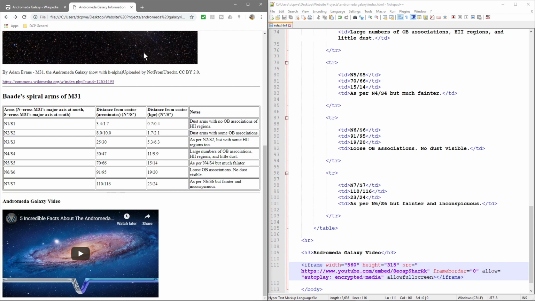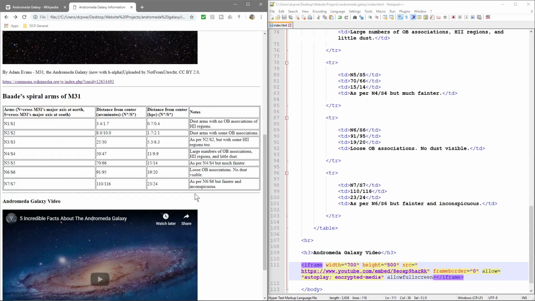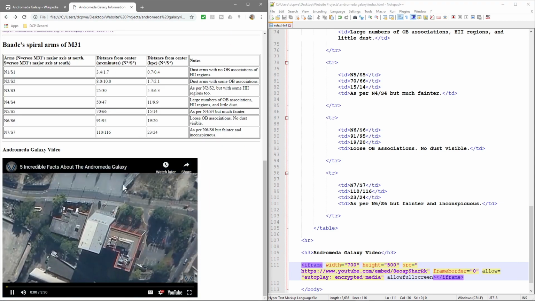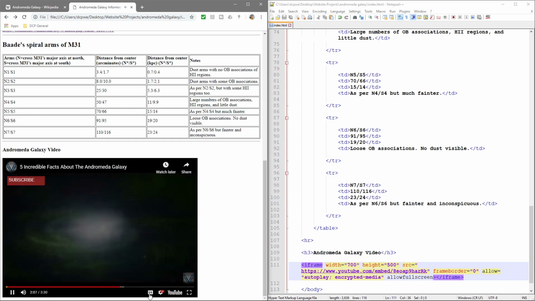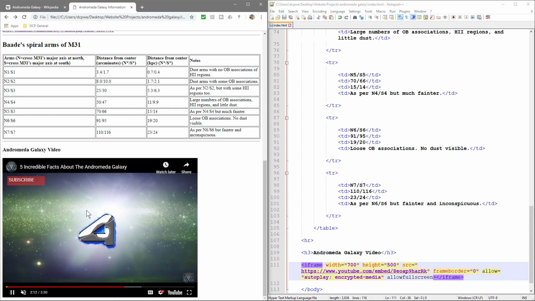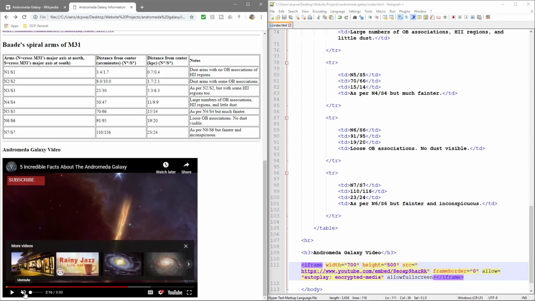It would be nice if this video was the same width and height, or at least the same width as the image. In the image, if I remember correctly, we set it to 700, and the height was around 500. So 700 by 500, refresh. Now the image and the video are the same size, and this will play straight in the browser. You can view the video, you can mute it, and people can watch the video now in your web browser. And this is quite nice, right? So we'll pause that,